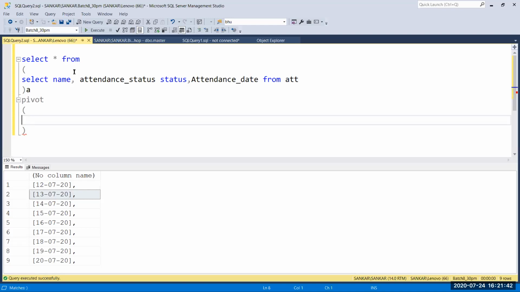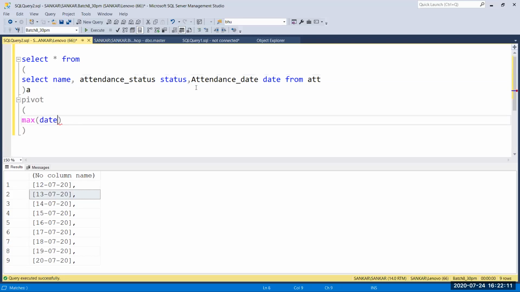Then here pivot, and inside the pivot we have to give the aggregate function. You can give maximum or minimum aggregation function for string data types also. Here I'm going to make date as the alias name for the attendance_date, so just I'm going to pass the date.